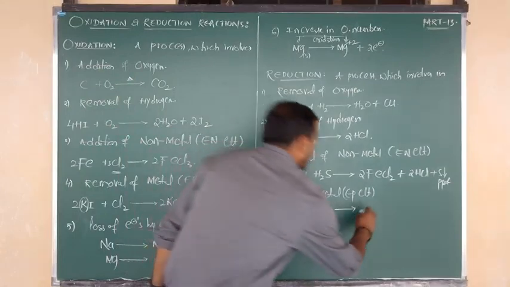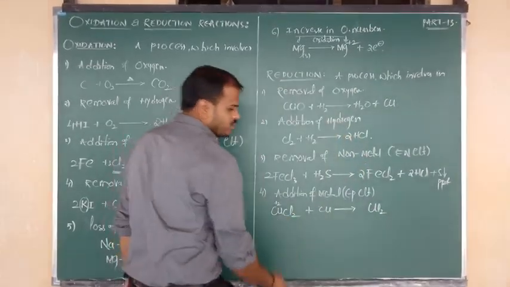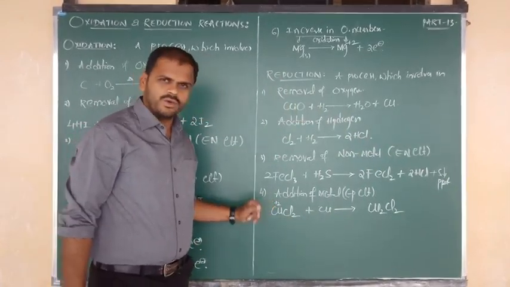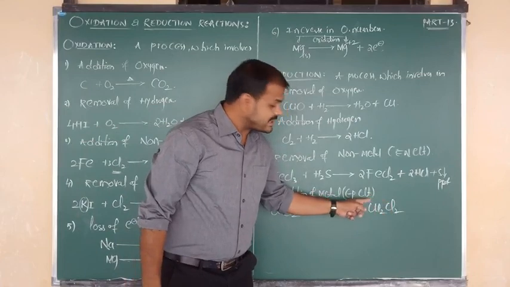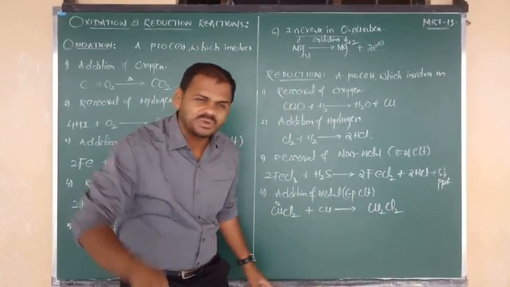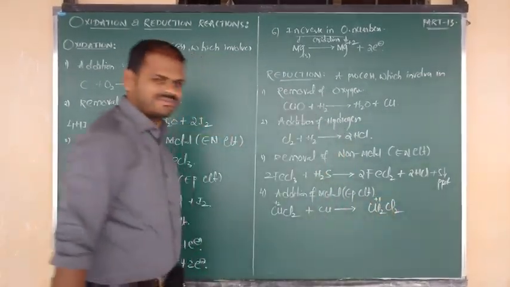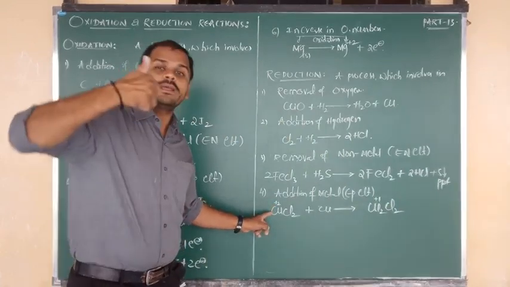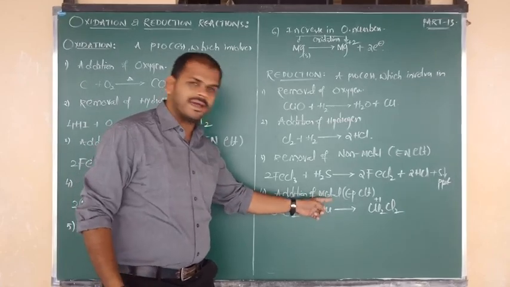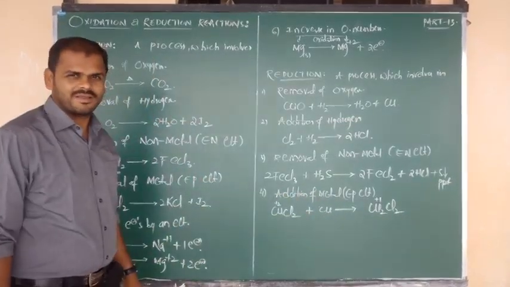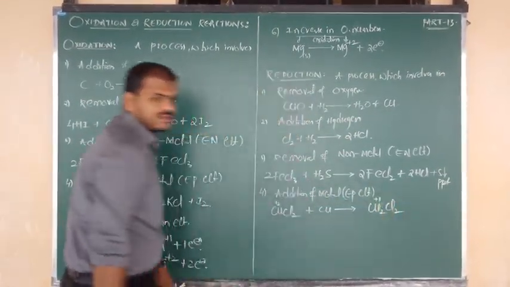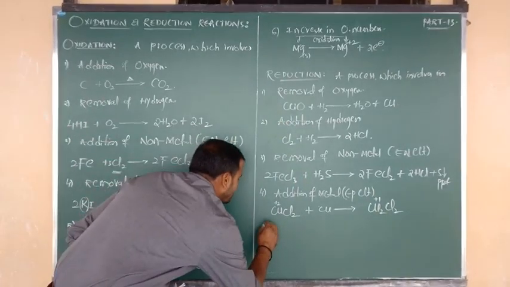Now 2 coppers will be there, we can write Cu2, and 2 chlorines are there, Cu2Cl2. Listen, 2 chlorines are there with plus 2, and here also 2 chlorines are there, but the plus 2 is shared by 2 coppers, so 2 by 2. Every copper contains plus 1 charge. Cupric chloride changes into cuprous chloride by the addition of copper. Copper is a metal, so this is addition of metal. So cupric chloride upon addition of copper metal changes into the product, cuprous chloride.